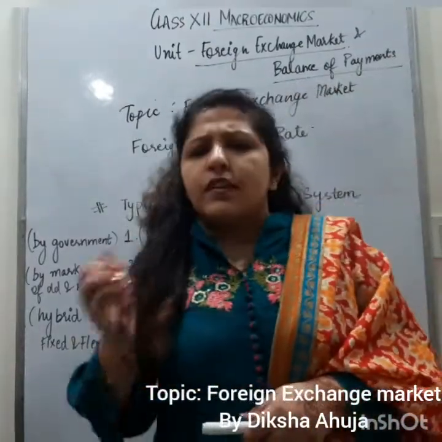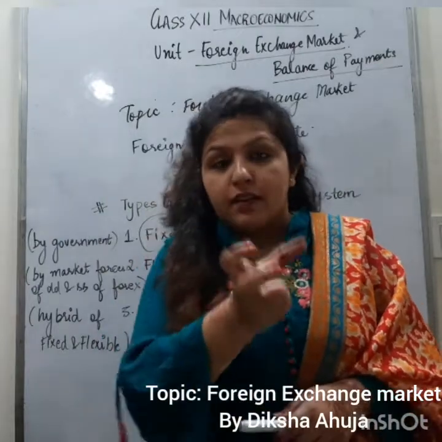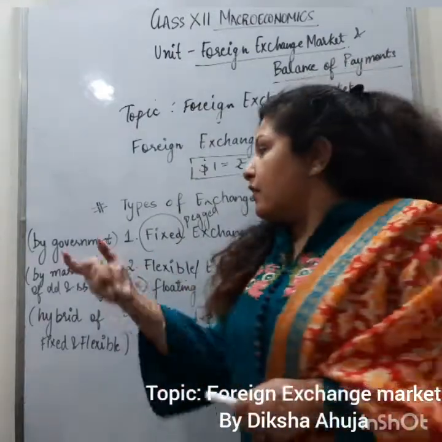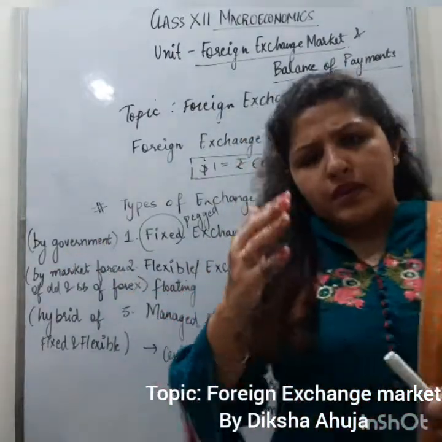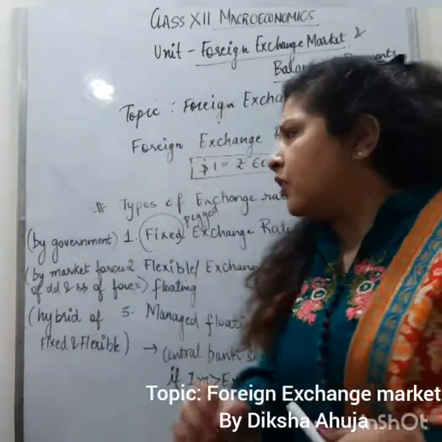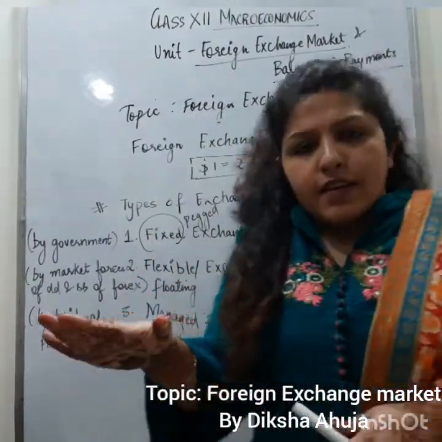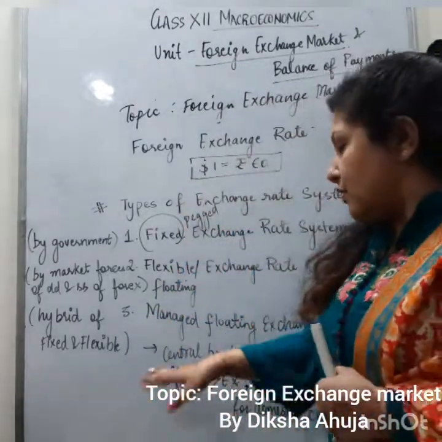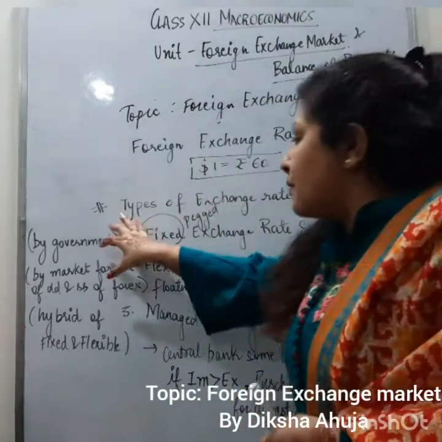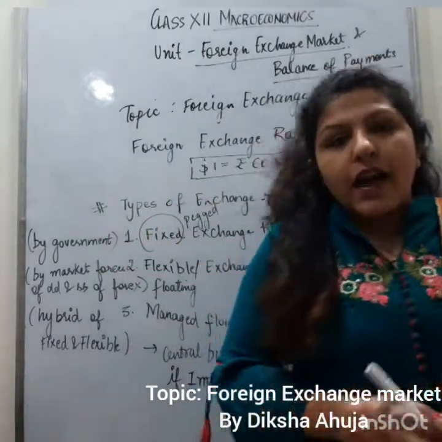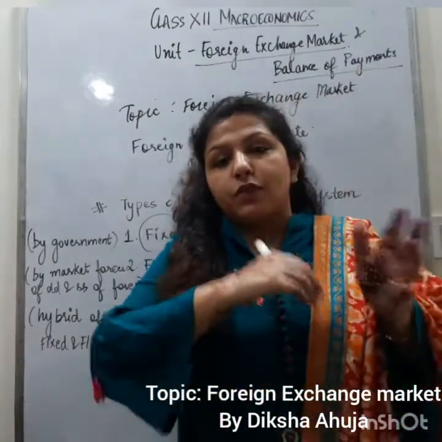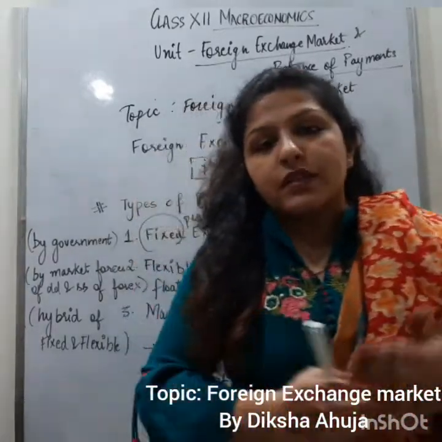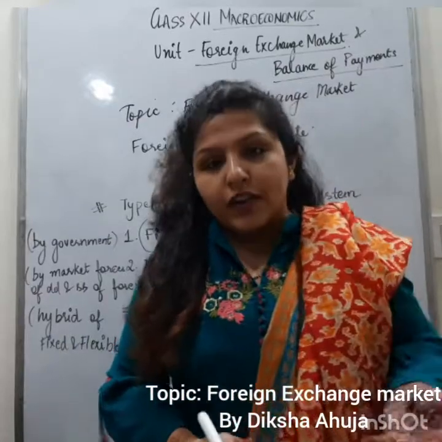There were merits and demerits, but first, what is the meaning? It is the exchange rate system in which the exchange rate is determined or fixed by the government. The government does not want it to fluctuate. If the government has fixed the exchange rate at $1 equal to, let's say, 60 rupees, the government will try to maintain that, whatsoever. Let's say if imports are more than exports, the central bank or the government will intervene in the market and somehow solve the problem, but will not let the exchange rate fluctuate. In the next topic we'll study what fluctuation means. Fluctuation means the currency value is either rising or falling.